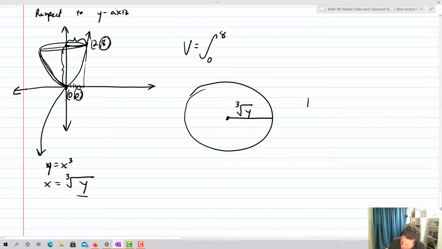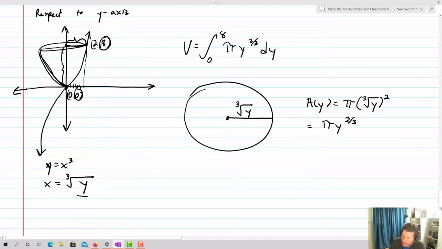And so my area now, A of y now, is going to equal pi times the cube root of y squared, which is pi times y to the 2/3. So my volume is then going to be pi y to the 2/3 dy now, because we're revolving around the y-axis. Given that's the case, now it's just a matter of basically using the power rule, we're going to end up with